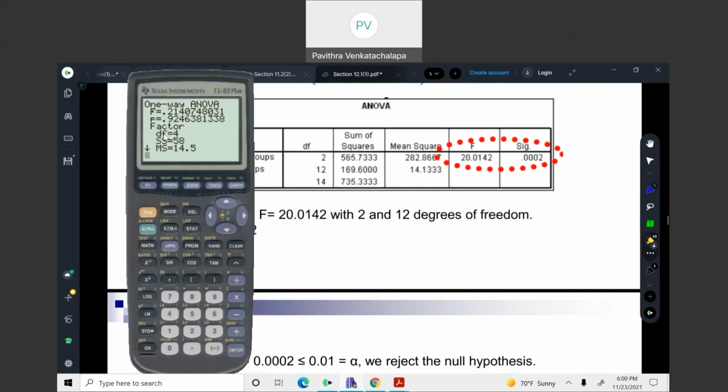Now this DF goes to here, number 4, and SS is nothing but sum of squares, called sum of squares, 58. The 58 value goes here instead of 565. And MS is nothing but mean square, 14.5. That is for the first row. So all this first value is for the first row, and if you scroll down or if you hit the down arrow,